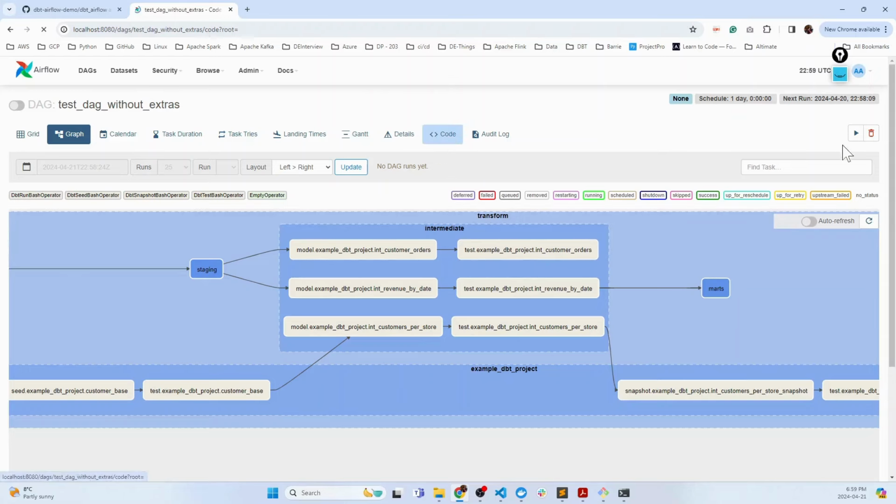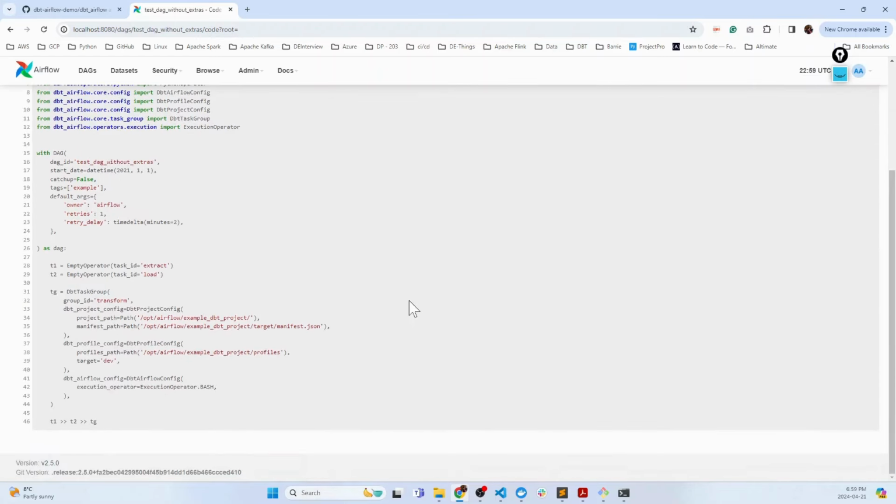And if we look from a code perspective, that's also very straightforward. In this code, these two are empty operators, so don't worry about that. This is basically to show you extract and load. So T1 and T2 are nothing, and TJ is where all the tasks related to dbt, which are fetched from manifest.json, are coming. But if we look at the code, it's not too many lines of code for creating so many tasks. So what's happening here basically,